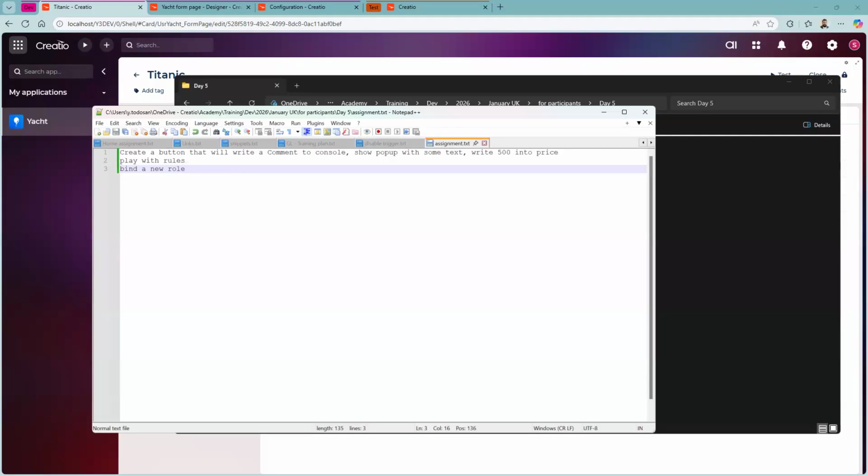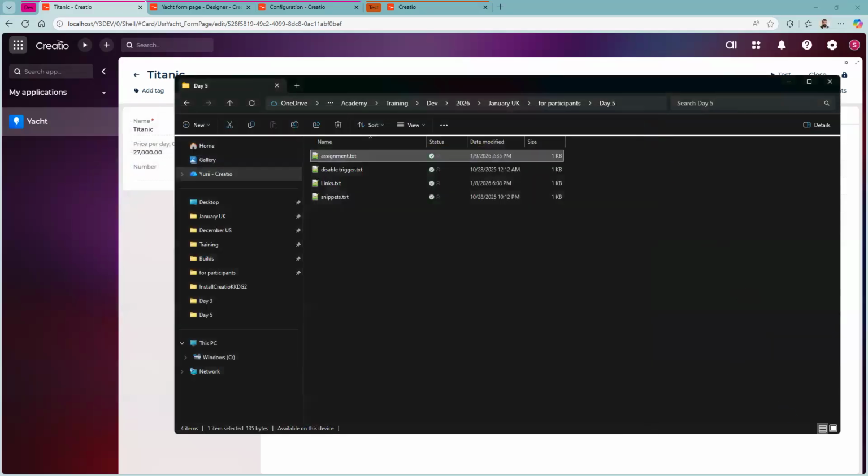And then completely optional, but try to bind a new role. So what you need to do is simply, you won't be able to check if the trigger is enabled or disabled, but you can write those scripts and maybe use a different trial environment to move just a single rule, not necessarily to create a trial environment to move all the solution, just maybe a new trial environment, and you can try to install just a single role application. But this is again optional. What is mandatory is a button. So that's it for